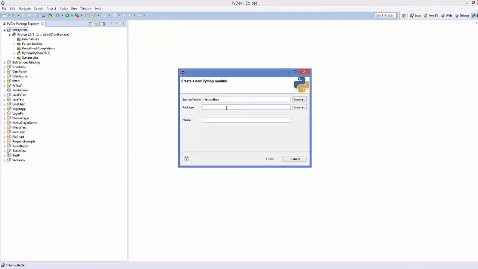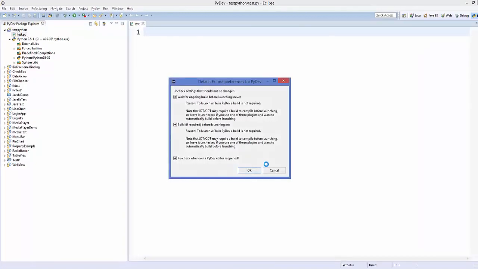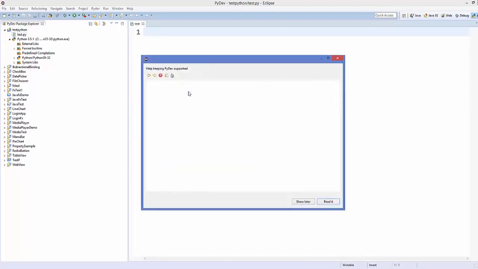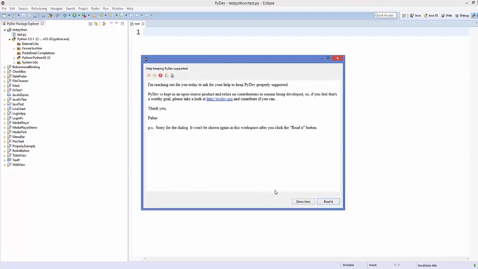And for packages I'm going to leave it as default, and for the name I'm going to name it as test for now, and I'm going to click finish, and you can see this option. You can just choose show later,